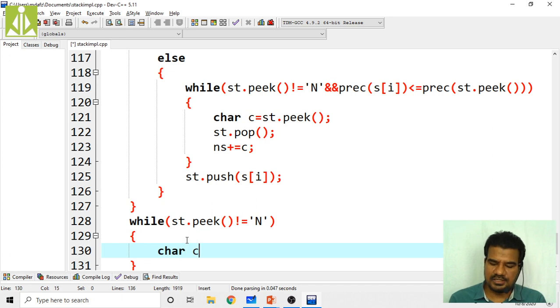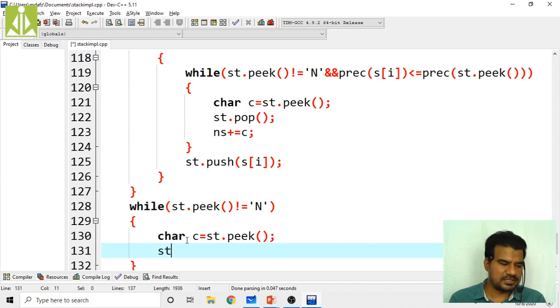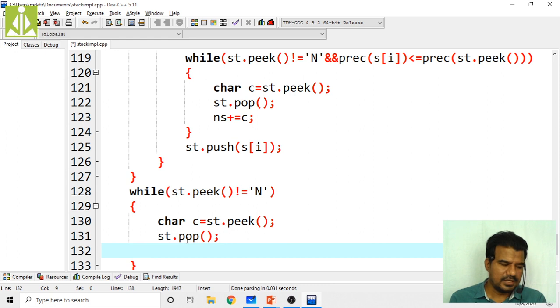So until that point, c equals st.peek and then perform the pop, st.pop. Then ns plus equals c. Simply popping the character and adding it to the output string.